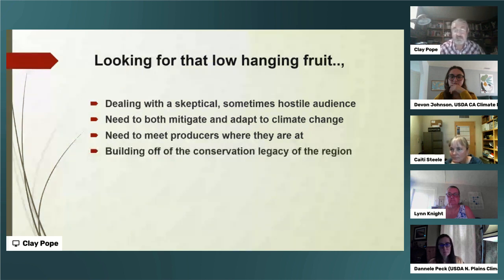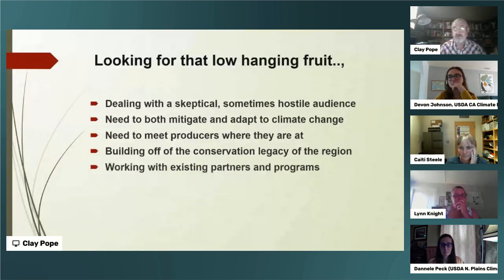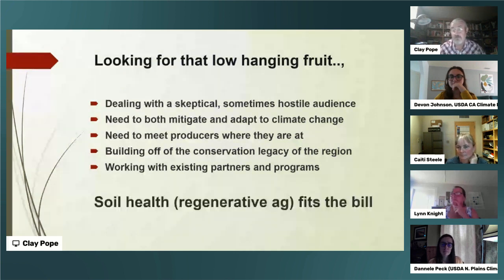Again, Oklahoma, Texas, and Kansas, the heart of the old Dust Bowl region. This is an area where conservation does have a good legacy. How could we build off of that to try to address this, work with the existing programs in the region, and try to find some success? Well, for us, soil health, or regenerative agriculture, if you will, really fit the bill on what we wanted to